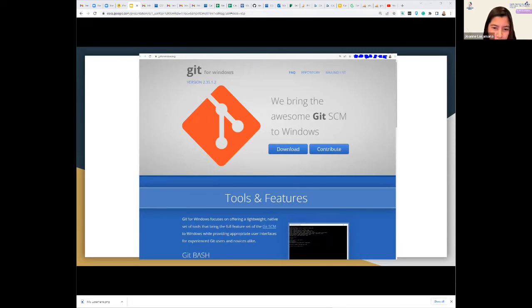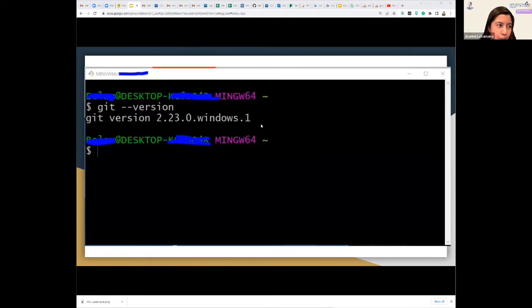And then ganito yung itsura ng git bash. Para lang siya ng command line. So basically, mas preferred ko lang na gumamit ng git bash versus command line kasi yung for example sa command line plain lang siya, yung colors dito sa git bash is masyadong organized when we use some git commands. Okay, so